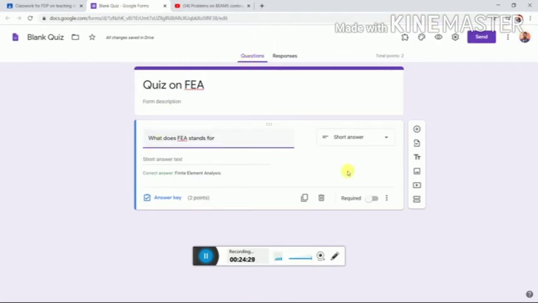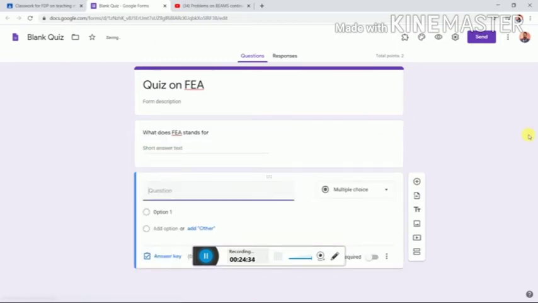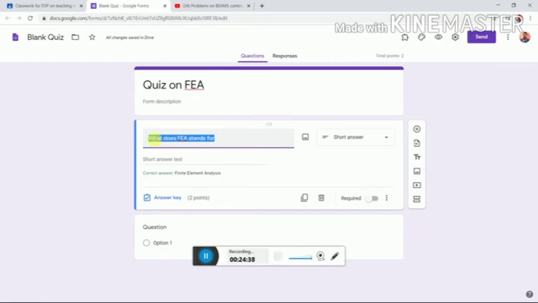Then suppose I want to create a second question. This is question number 1, so let us write here: what does FEA stand for?